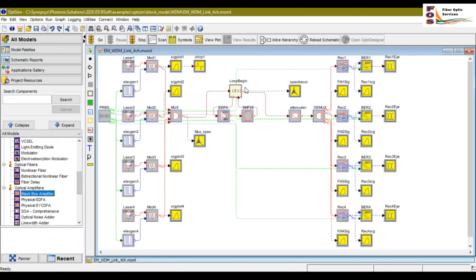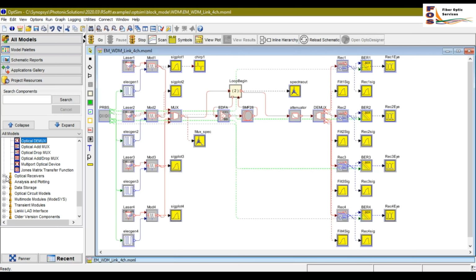In this design, we are using a fiber loop, so you can find the loop from the toolbox, Repeat loop model. Under optical components, you can find the optical attenuator. Go to the WDM components, there you can find the optical multiplexer as well as the demultiplexer blocks. Under optical receiver, you can find the compound optical receiver. Under analysis and plotting section, you can find all the measurement blocks. You can just drag and drop these components into your design area and make connections, as you can see in